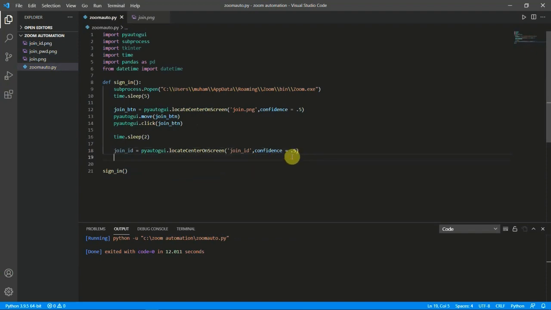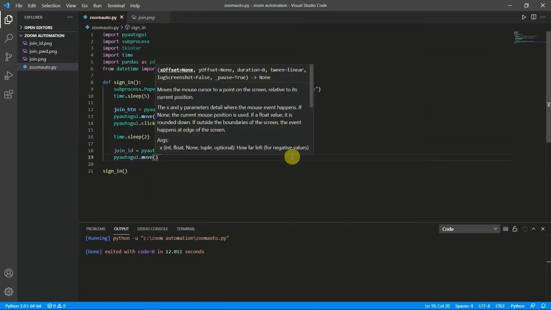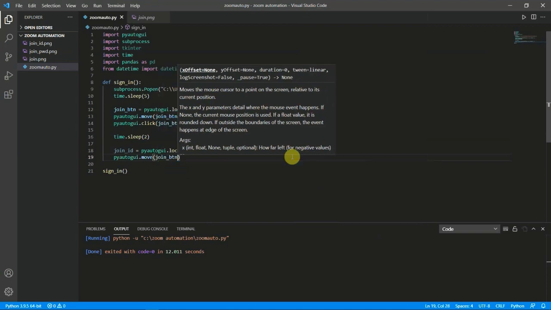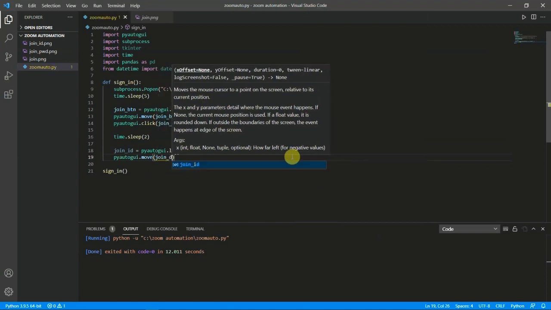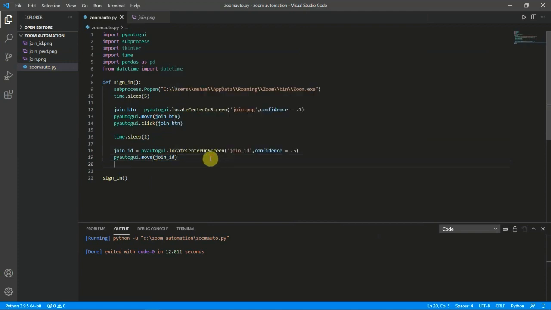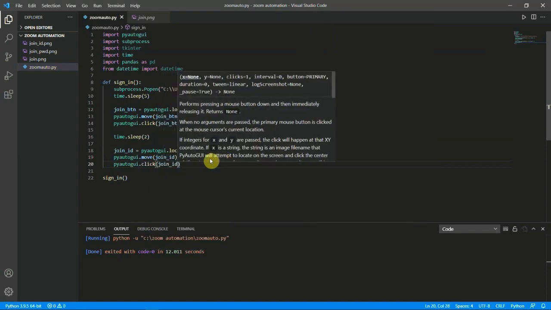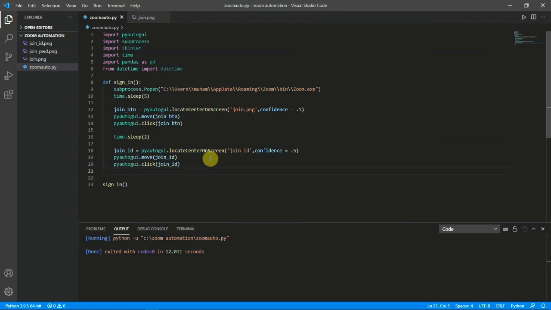Then we will move our cursor there, pyautogui dot move join ID, and then we will click it, pyautogui dot click join ID.